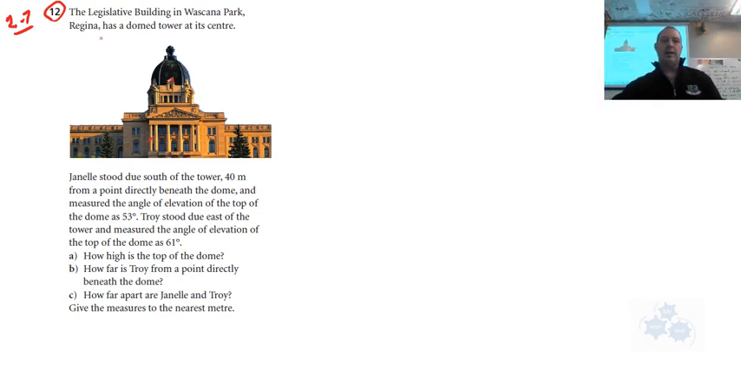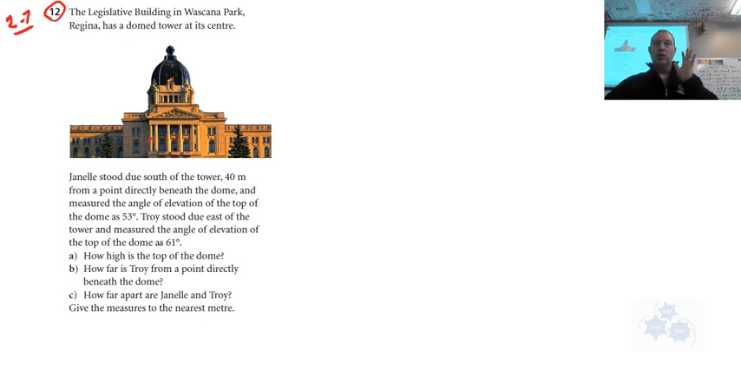It says this: Janelle stood due south of the tower, which we actually are, but we're a little bit further than 40 meters. So she is due south from the tower, 40 meters from a point directly beneath the dome. Let me read through the question before I do the diagram. She measured the angle of elevation to the top of the dome at 53 degrees. Troy stood due east of the tower and measured the angle of elevation of the top of the dome to